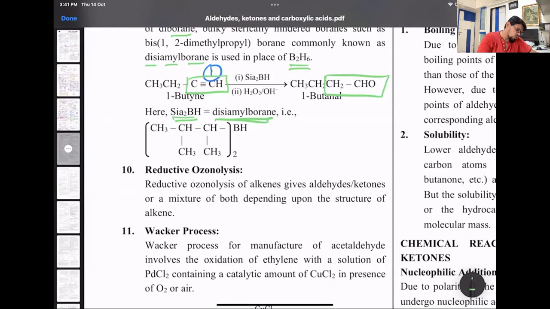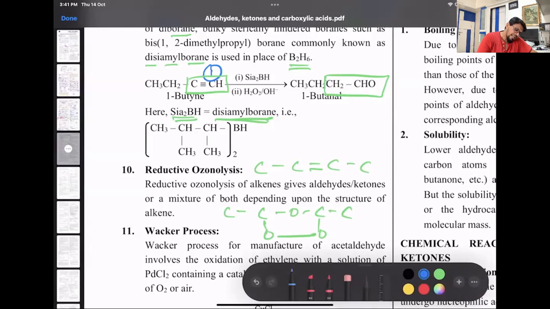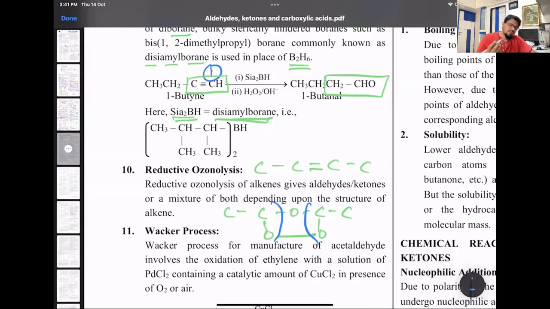So remember, a very short way to do it: wherever I have my alkene, suppose I have an alkene here like this, you will put one O, the second O down between the two like this. That's an ozonide. And then break the ozonide like this. We get respective products; in this category, we'll get two ketones, but we can get two aldehydes or a mixture of aldehyde and ketone. That's ozonolysis.